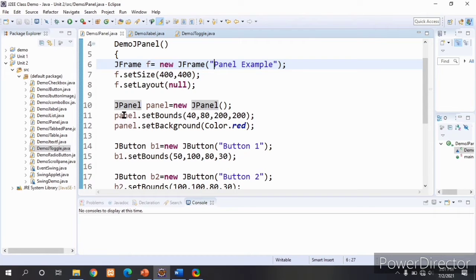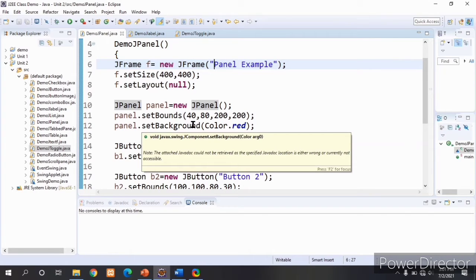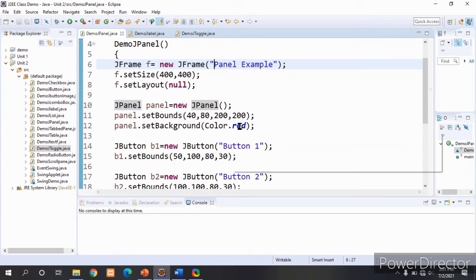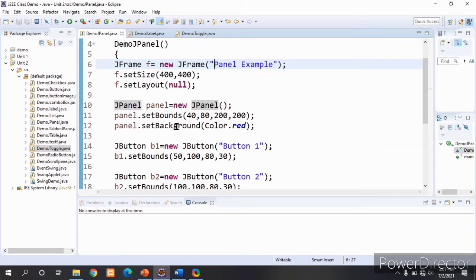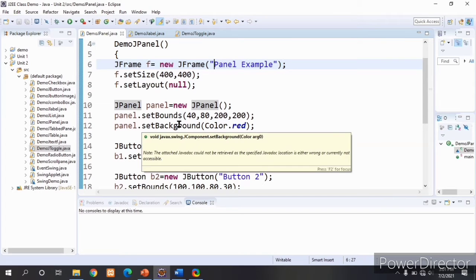We are passing the x coordinate value, y coordinate value, width and height for that panel. Next for that panel we are setting a background color. Any color we can pass here, that will become the background color of the panel.